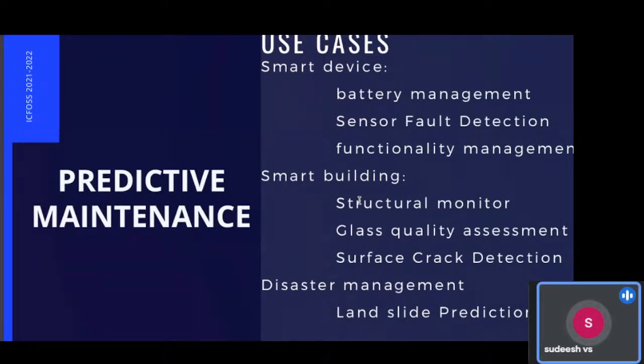We know that it's a hill area. The range of the network can be damaged within less than a meter if there is any high rain or other problems. In such a case, we can use this type of analytics to make landslide predictions and make the device work, even though communication is not available.